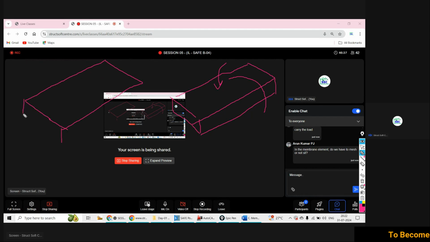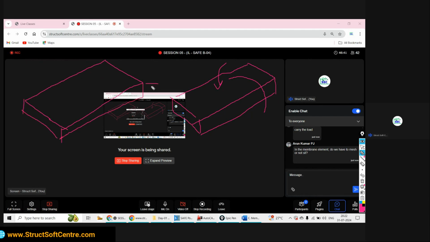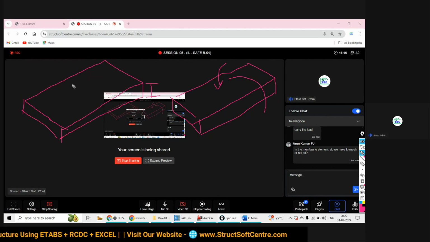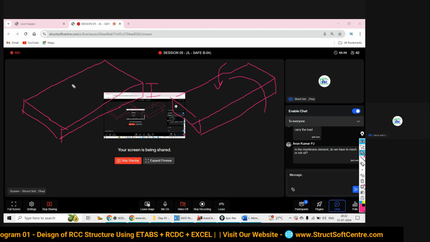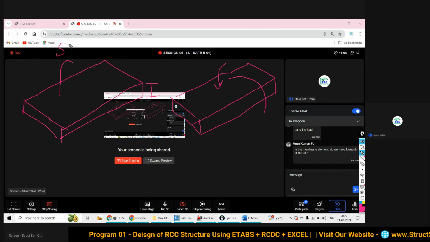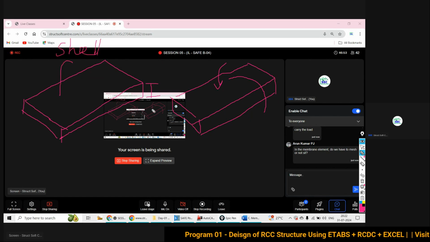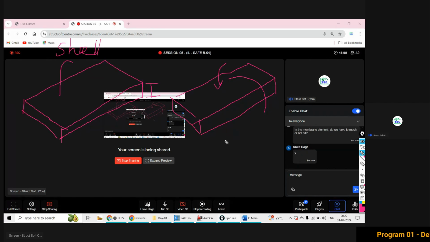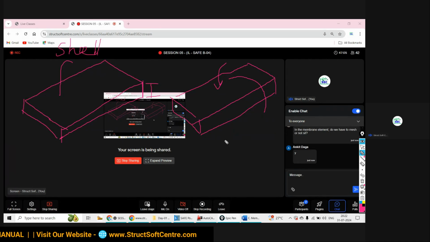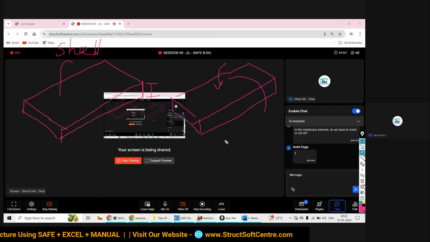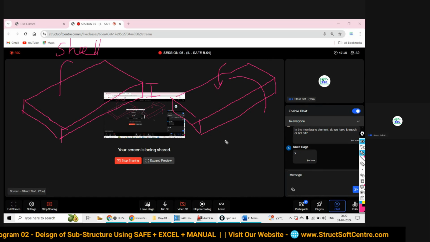Shell element वो behavior response करता है. It means that the out of plane stiffness of the slab we are going to consider, and when you are going to consider the out of plane stiffness of the slab, it is nothing but your shell element. Understood? इसमें along the depth it is going to carry the load. वो क्या करता है, कुछ लोड कैरी करता है, मिनिमम लोड कैरी करता है, बट रेस्ट ऑफ द लोड इज गोइंग टू बी ट्रांसफर टू द सपोर्टिंग मेंबर। अगर आप बात करेंगे फ्लोर स्लैब की, सो इट इज गोइंग टू ट्रांसफर टू the